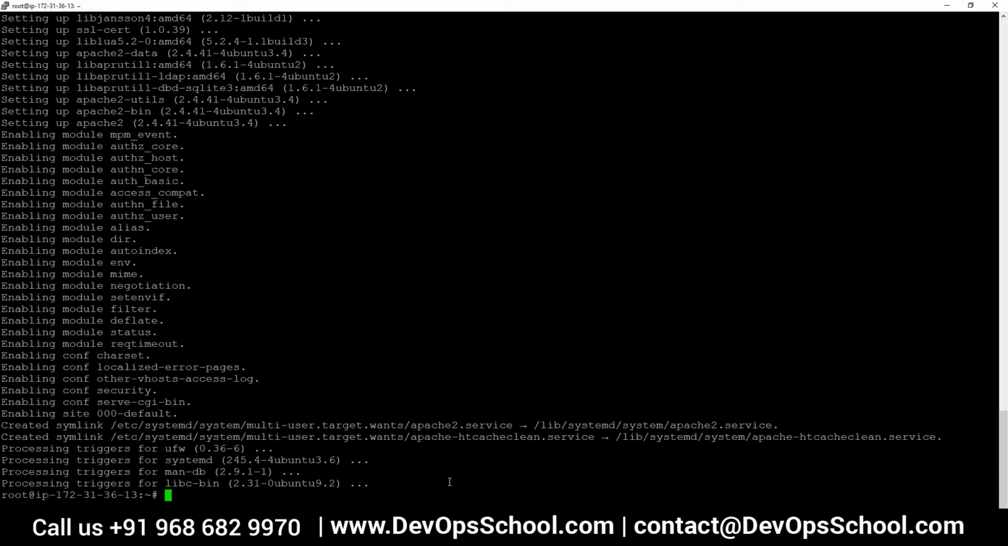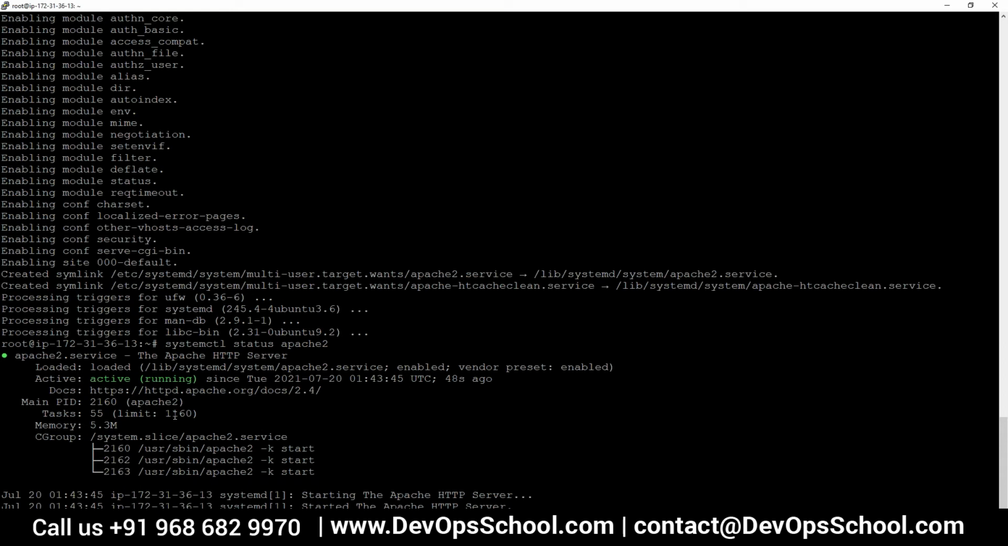Now, because it's a server, it should have a service running. The Apache application should run in the background. So we need to check if the Apache service is up and running. Can anyone help me here on how to check a service? Does anyone know any commands to do that? systemctl status and the service name, apache2. So if I say systemctl status apache2, I get this. Thank you for your input. And you can see that Apache is active,